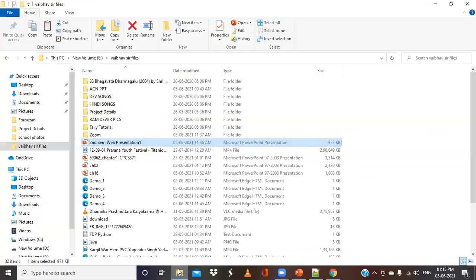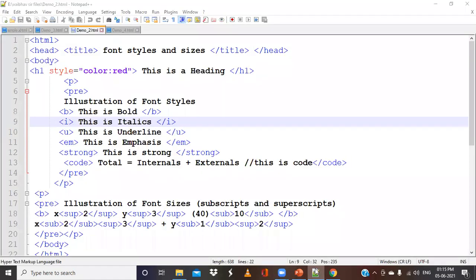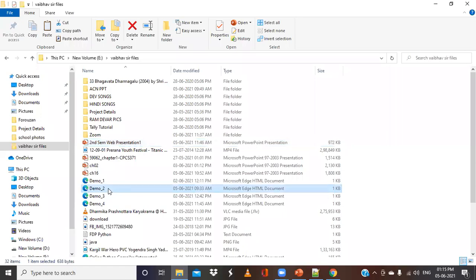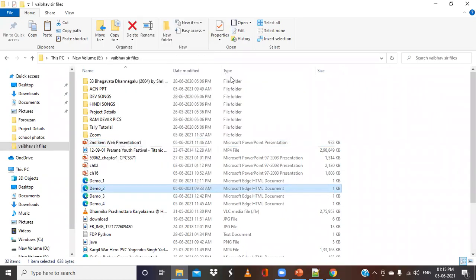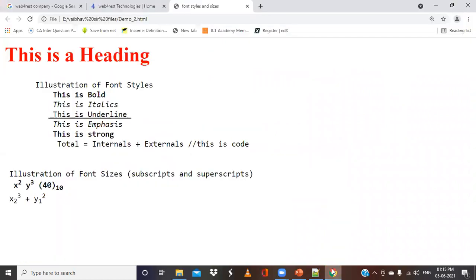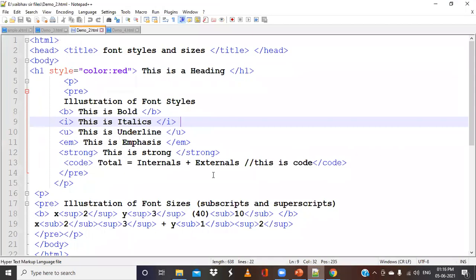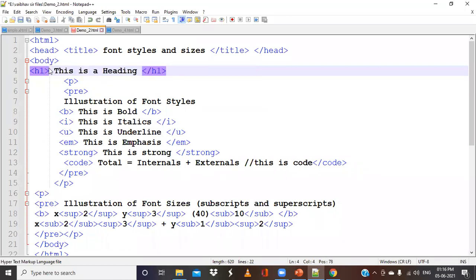If I run this now, this is demo 2. Now you can see that this is appearing in red color. But if I do not include this particular attribute with a value, it will appear with normal meaning.